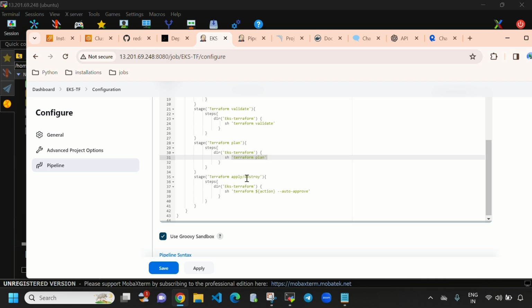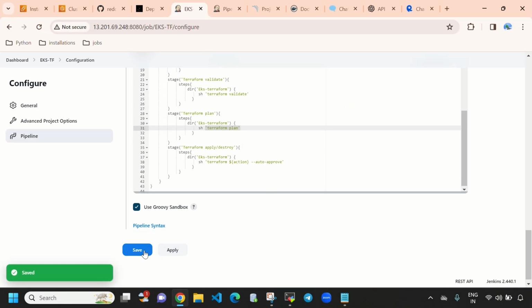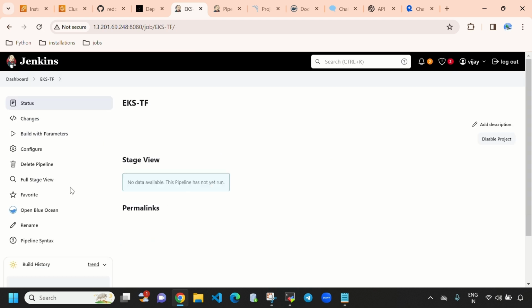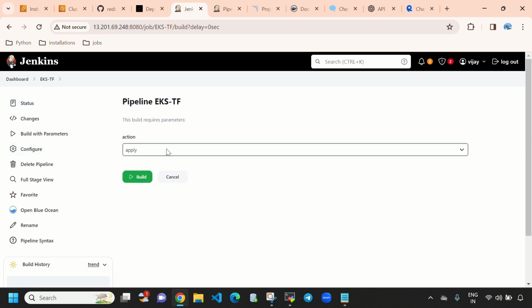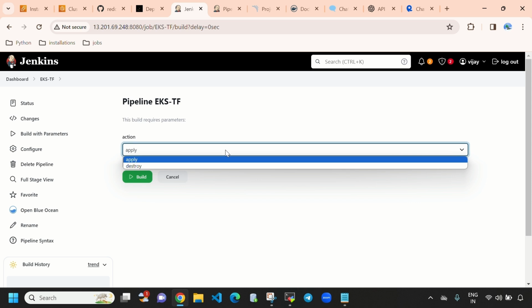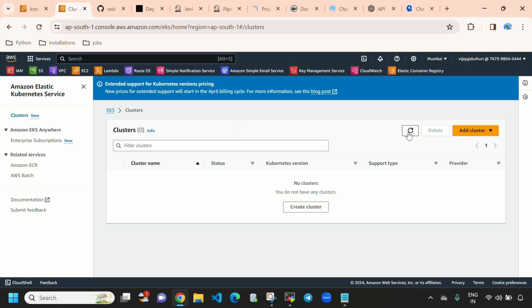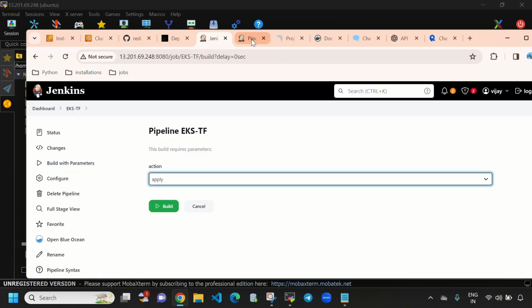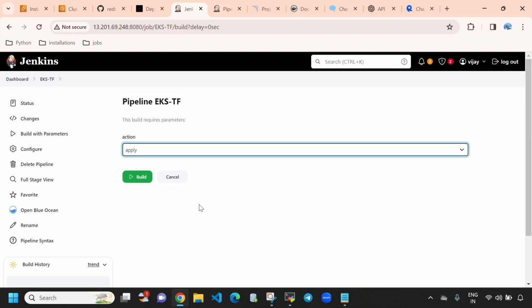So I will explain that also. Let's save this. First you need to apply, and after that you need to select save, guys. And here you can see you need to select build with parameters, and it was asking whether you want to create infra or destroy infra. Right now I don't have an EKS cluster, guys, so I need to provision the EKS cluster. So I'll directly come here, select apply, and select build,